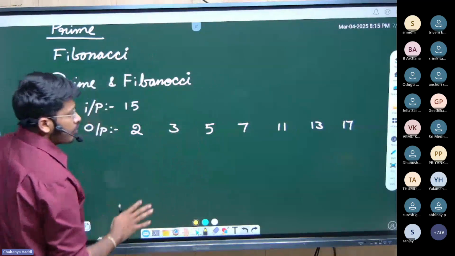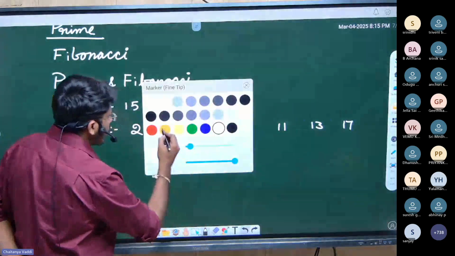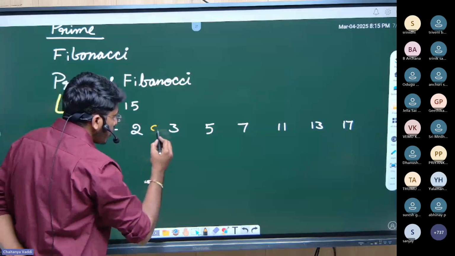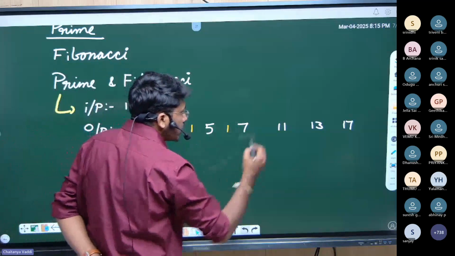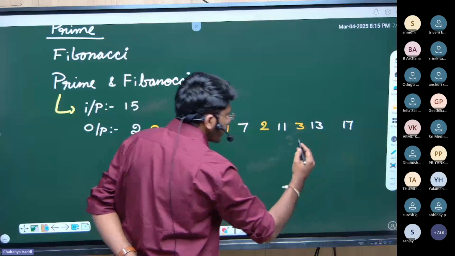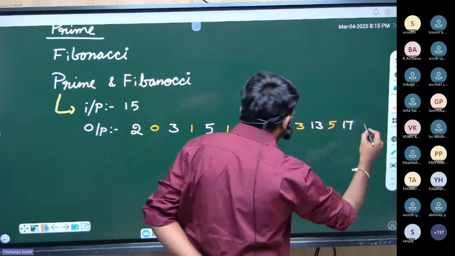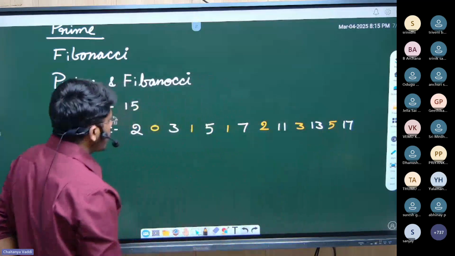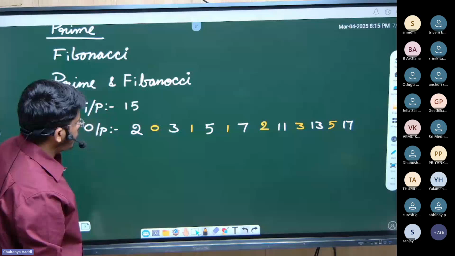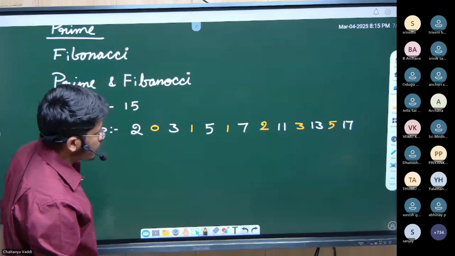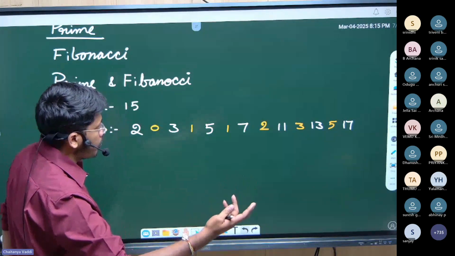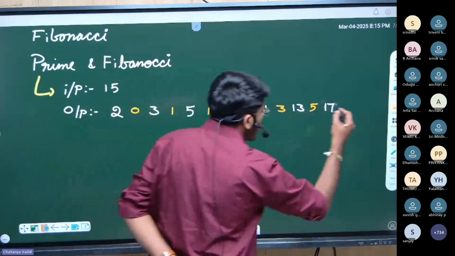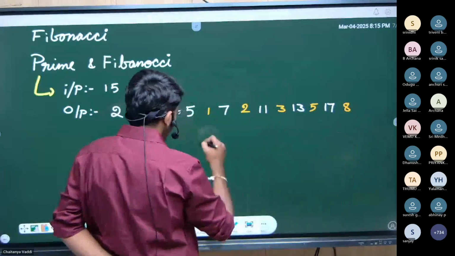See, these are the 7 prime numbers, right? I'm taking only 7 prime numbers. I'm taking now Fibonacci. What are the Fibonacci values starting from? 0 1 1 2 3 5 and then 2 4 6 8 12 15. Second, let's check it. See, we need to take two more elements because we count is 13 only. So after this we will get 8 and then